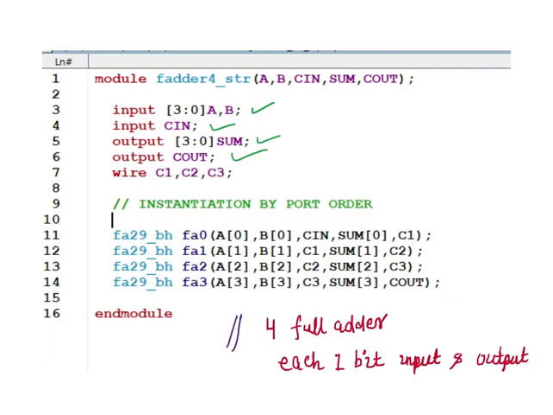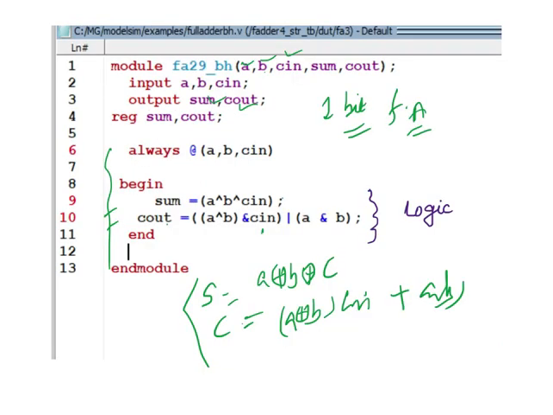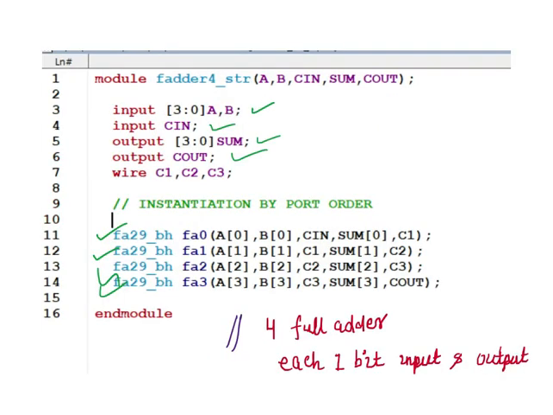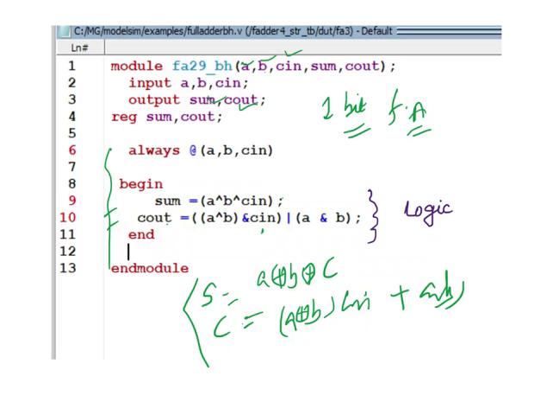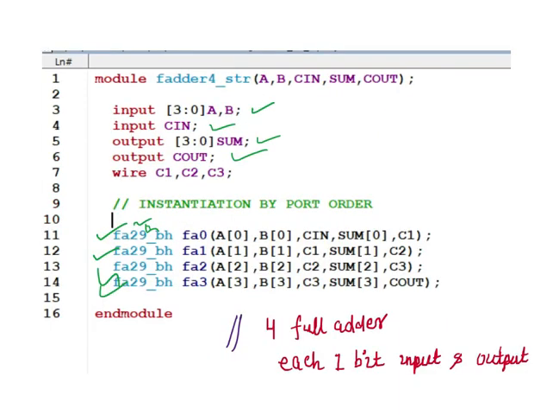So I have to use 4 times the adder. This adder I have to use, this code I have to use 4 times. So this is called instantiation of a module. So I have instantiated 4 times the full bit adder. Okay, see the names are same. So I have written code for this full adder only 1 time, but I am instantiating that code 4 times, and this is the module name. Okay, and I have instantiated this one.